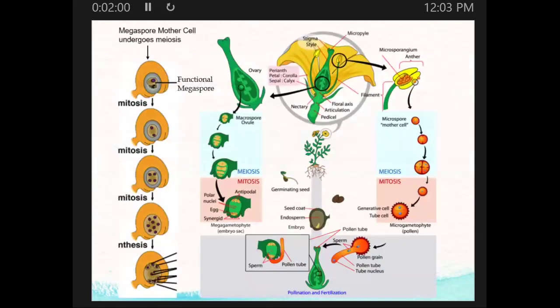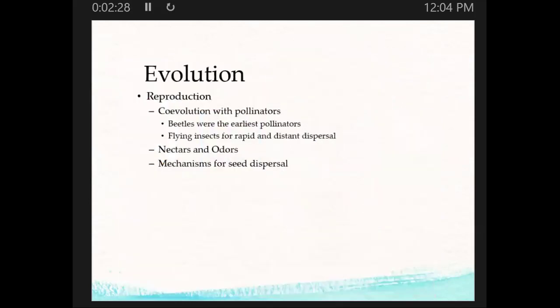This is just a different perspective on the life cycle, a different figure. It's not from your book. If this helps you as you're studying, it has both the male and the female structures and what's going on in each. And then I put the embryo sac, or megagametophyte development, on the left there. So that's another study tool. Okay, so looking at the evolution